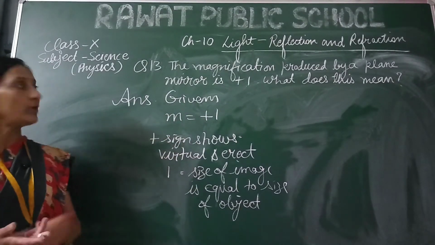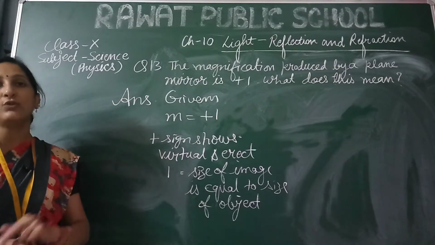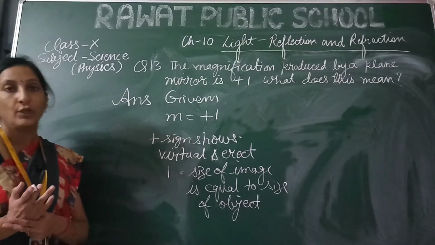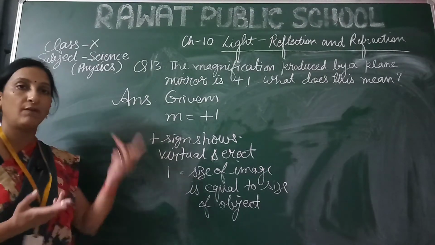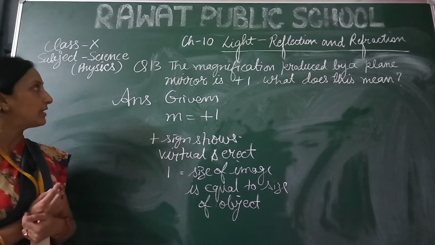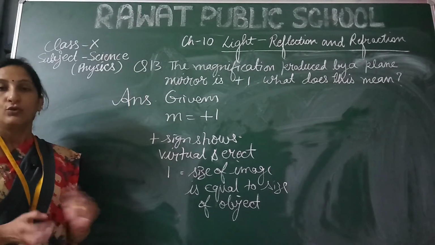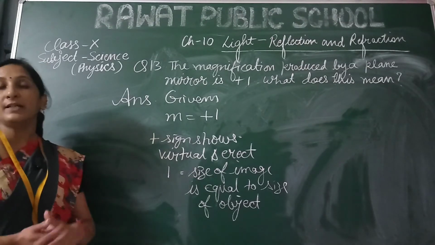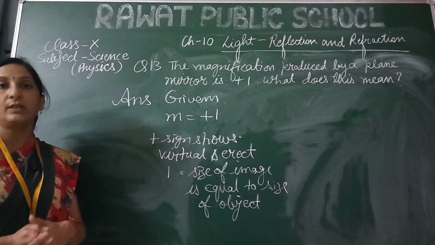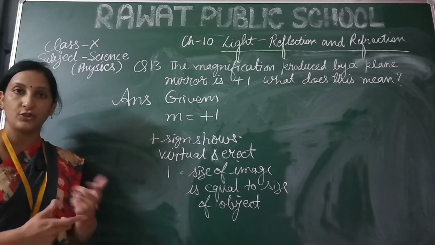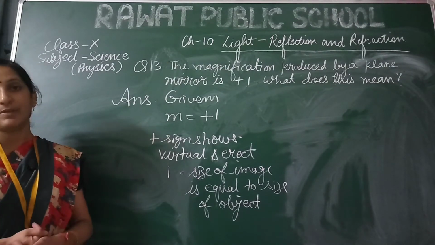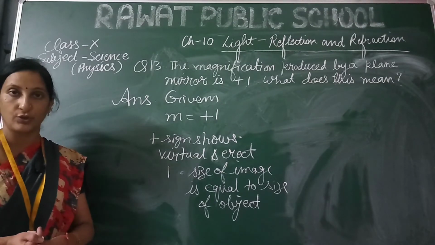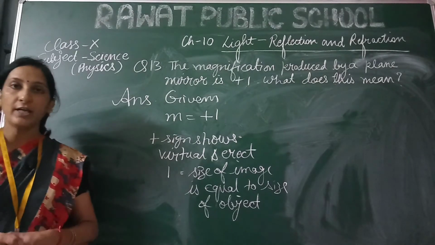So I hope now you can do all the exercise questions easily except the question number 16 and 17. जो हमारे 16 and 17 question है उसके अलावा जो बाकी के क्वेश्चन है वो इजीली हम कर सकते हैं, 14 and 15. So you have to solve them on your own, and for the 16 and 17 I will first of all explain you the power of lens in the next lesson. Next lesson में हम सबसे पहले पढ़ेंगे power of the lens क्या होती है, then we will solve the 16 and 17th question. So that's all for the day. Thank you.